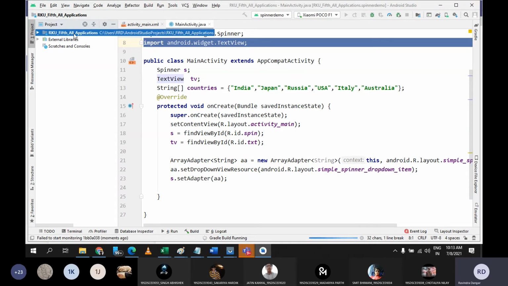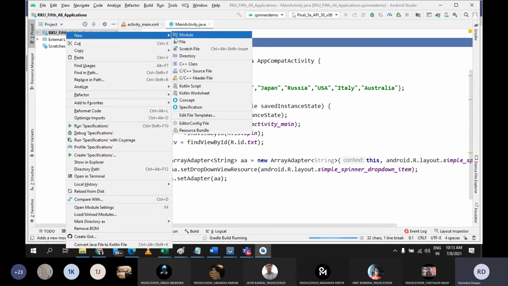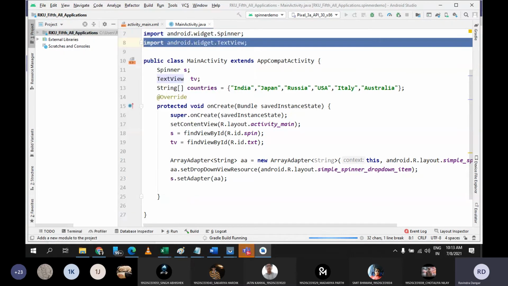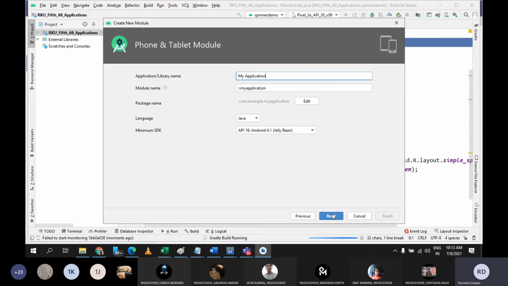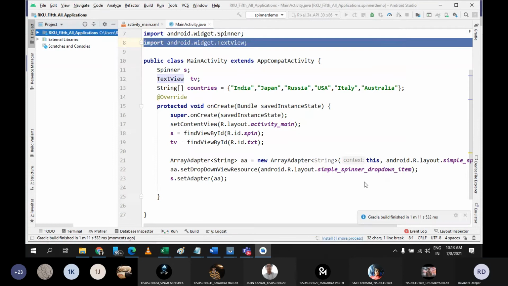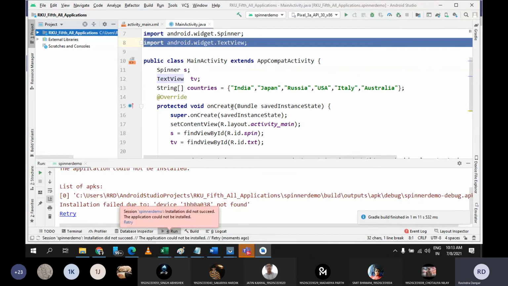सर एक बार बताइए ना आपने कैसे वो मॉड्यूल बनाया? वो जो आपका प्रोजेक्ट है ना, वहां पे आप राइट क्लिक कर सकते हो, then go to new and then you can select the module. Okay sir. And once you click on the module, you will have to select the particular option. If you are planning it for phone and tablet, then you need to select it. If you are planning it for television, then accordingly you need to select. Click on next and then give the name of the module. That's it. Okay sir, thank you.